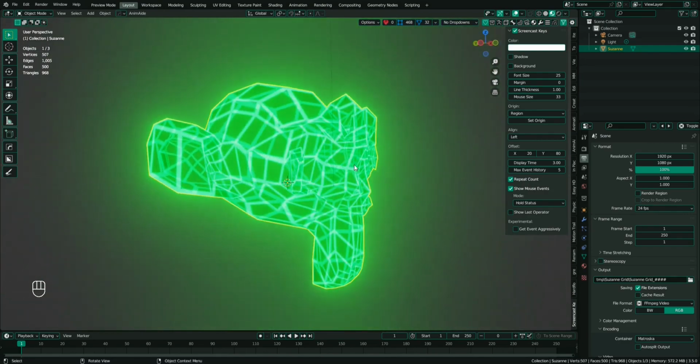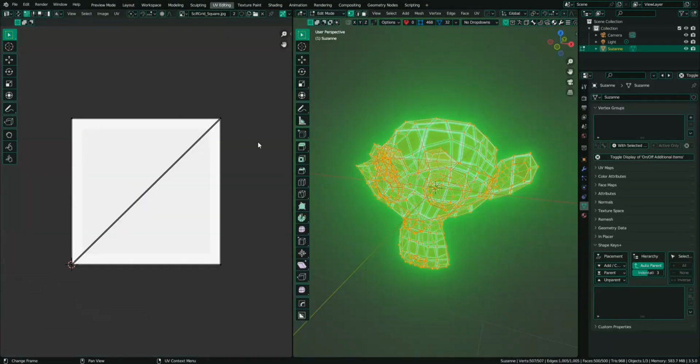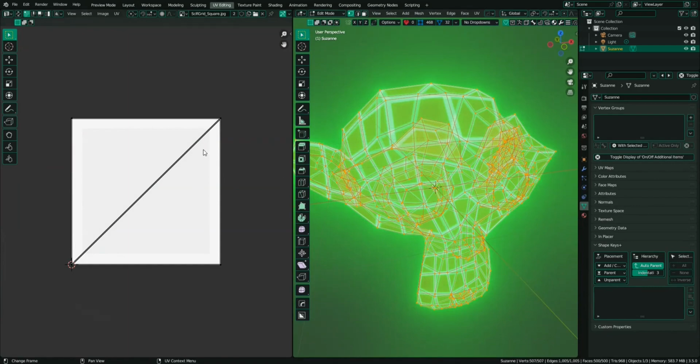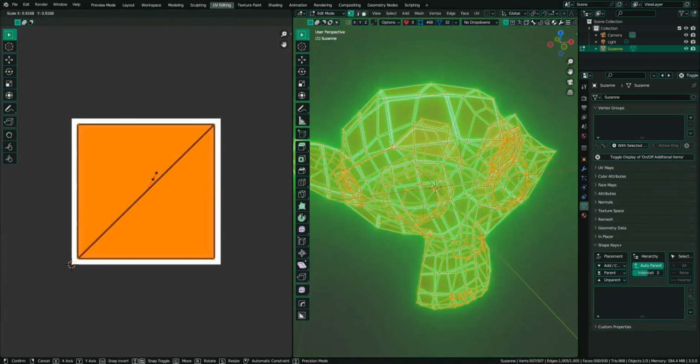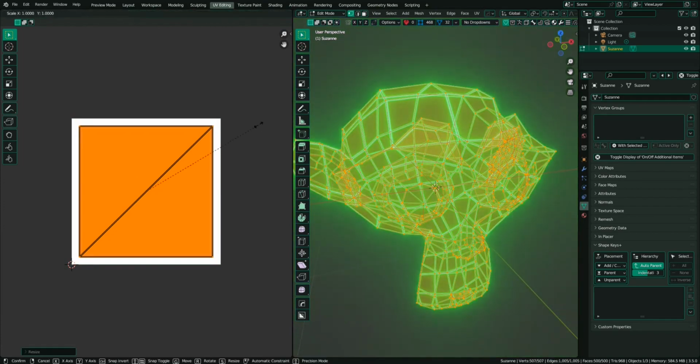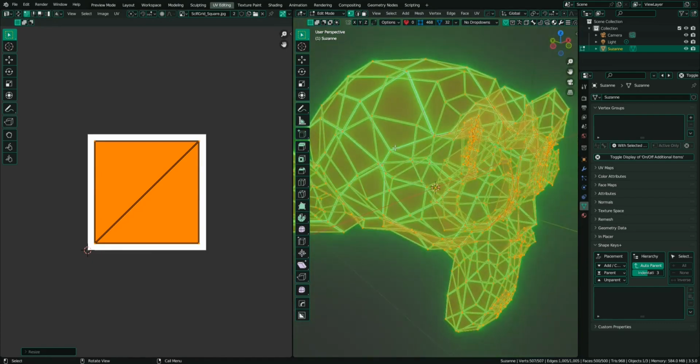Now let's shift to the UV editing workspace and let's diminish the size of the lines of the Scifi grid, and we can see it gets smaller when we scale down the UV. Now we're going to go back to the layout workspace